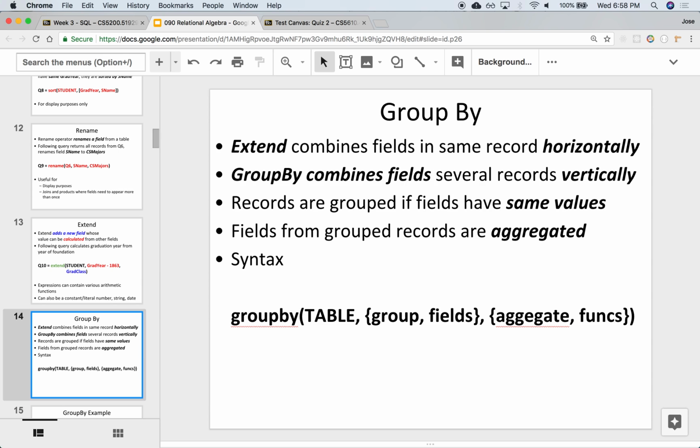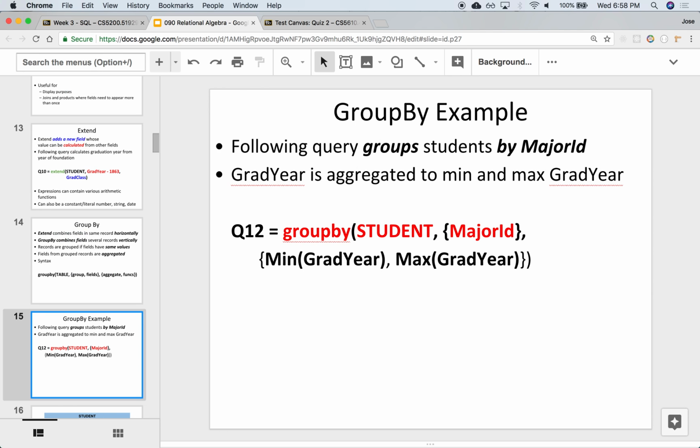Well, the original records are lost. You don't have access to the original record. You can have access to aggregate operations on those records. For instance, if you have a field with the value of a quiz or the number of courses and whatnot, you can aggregate those values. You can add them up, average them out, do the max and min, and then come up with a single value. So here you can provide a list of aggregate functions that you want to operate on the resulting aggregation. So here's an example